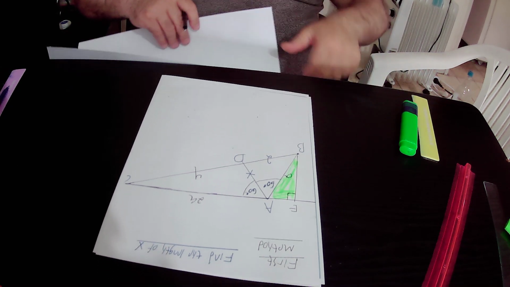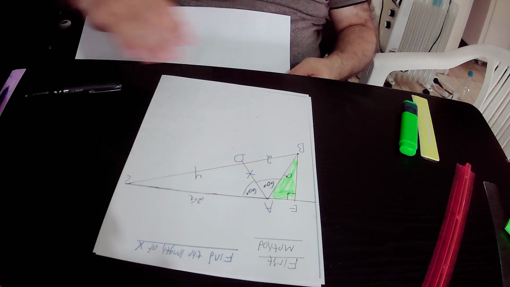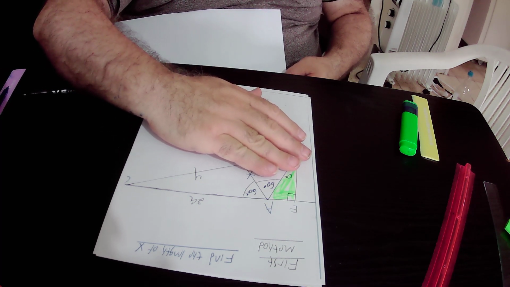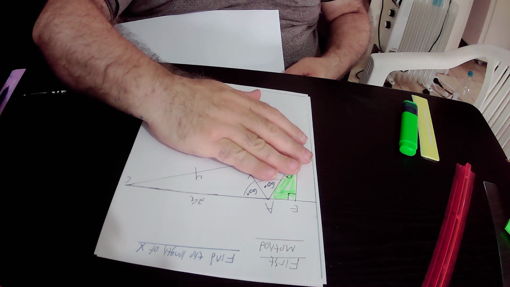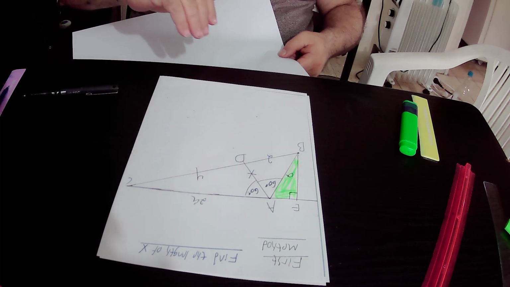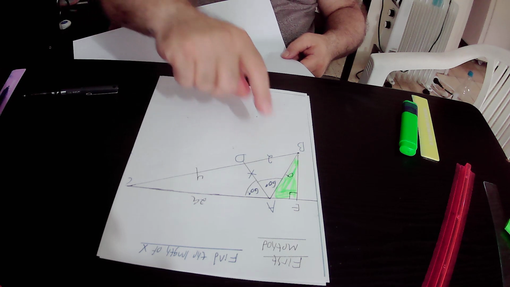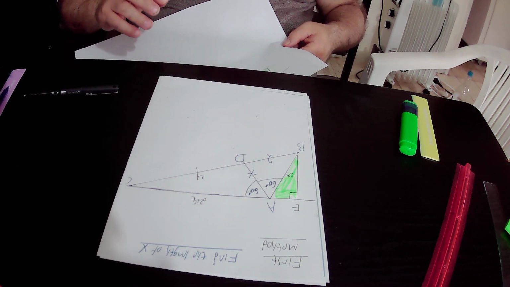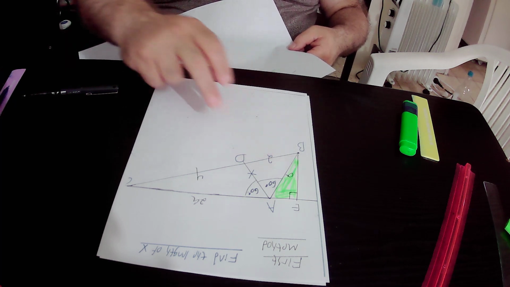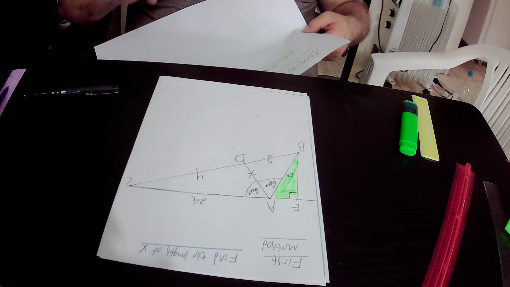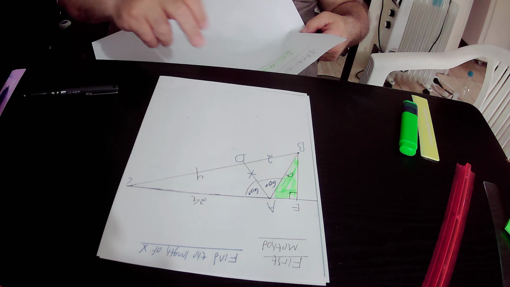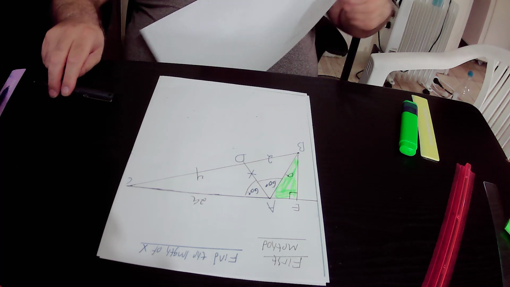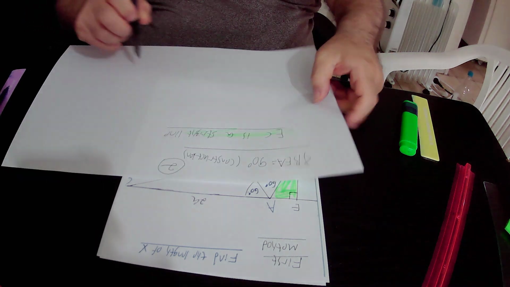So if we focus on this side of the straight line EC at point A, then the sum of the angles must be equal here to 180 degrees, according to the rule that the sum of the angles on one side of a straight line is equal to 180 degrees. So at point A,